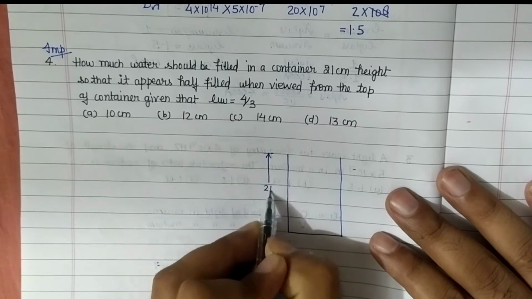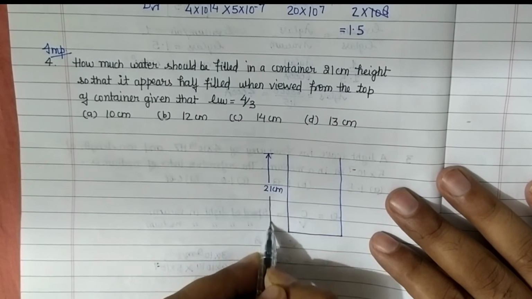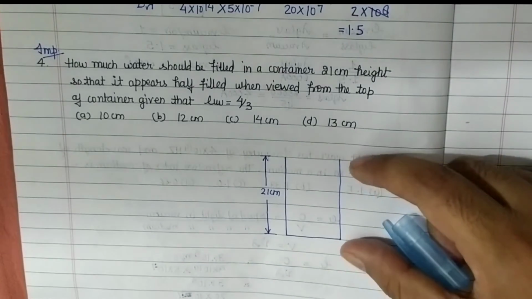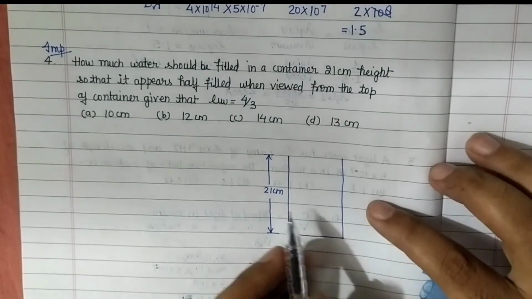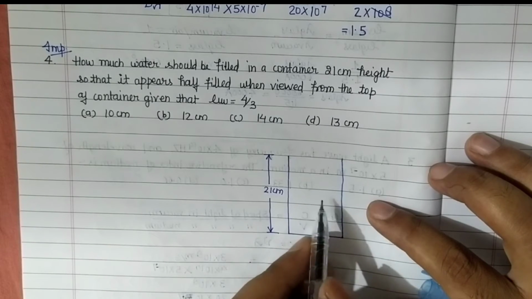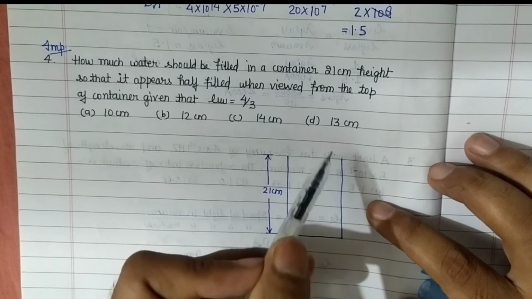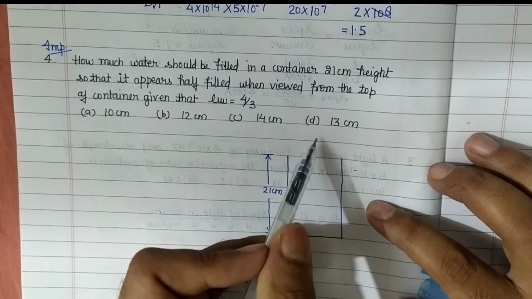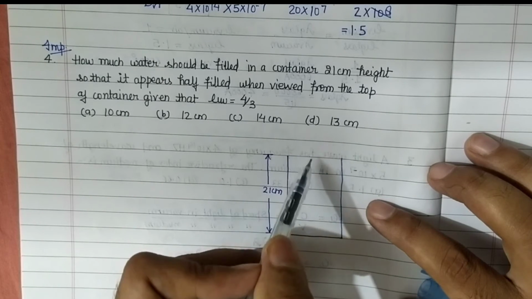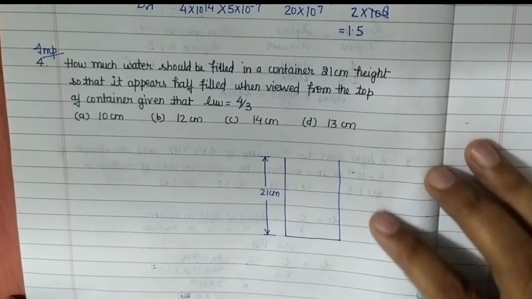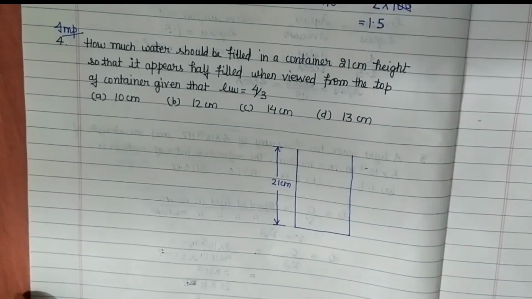This height is 21 centimeter. The problem is asking us how much water should be filled so that when an observer at the top looks from the top, it will appear to be half filled. So for that, students, we know that